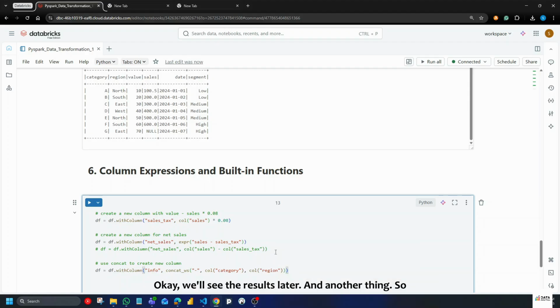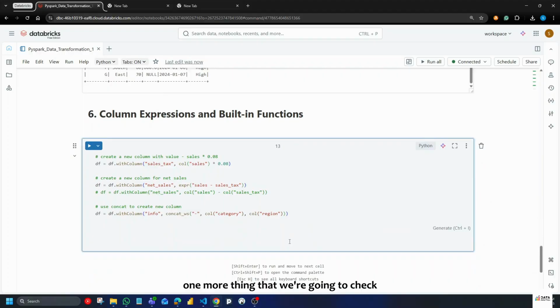Okay, we'll see the results later. And one more thing that we're going to check is built-in functions, so all the expressions that we use, like concat_ws, are also built-in functions. Another built-in function that we will use is related to